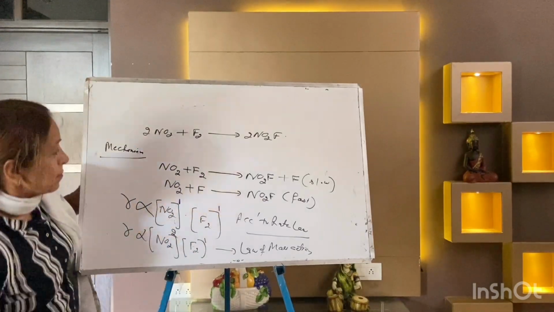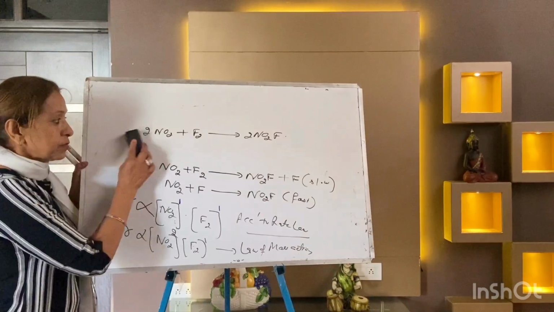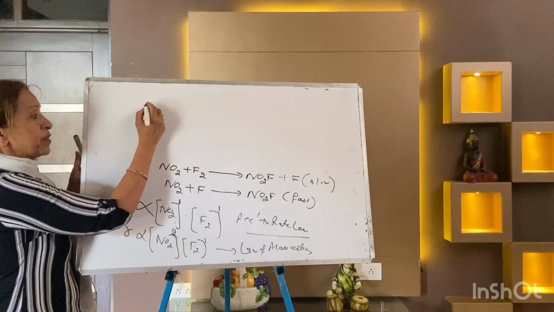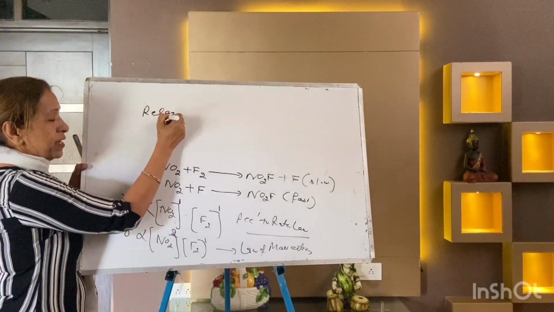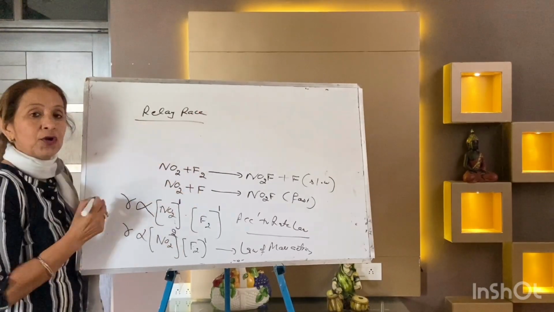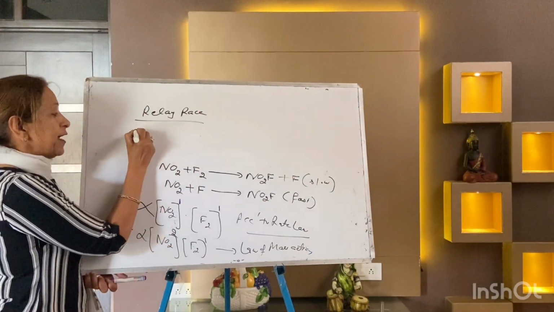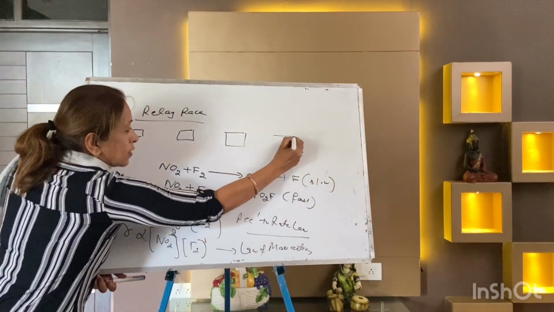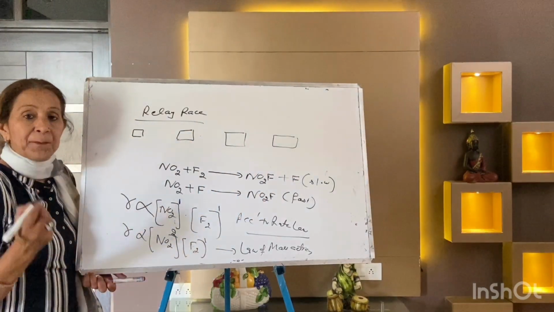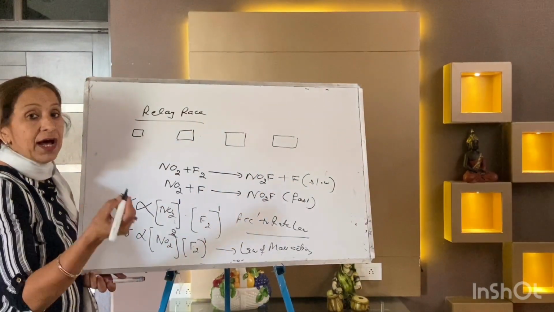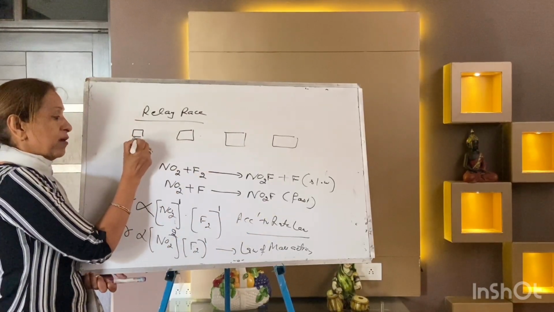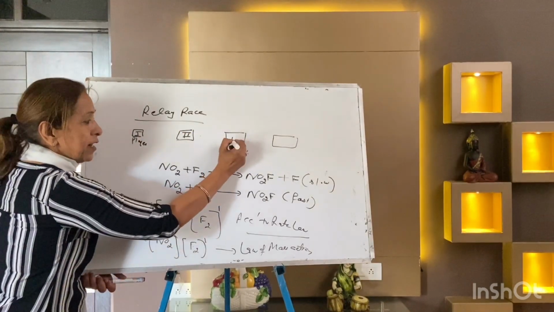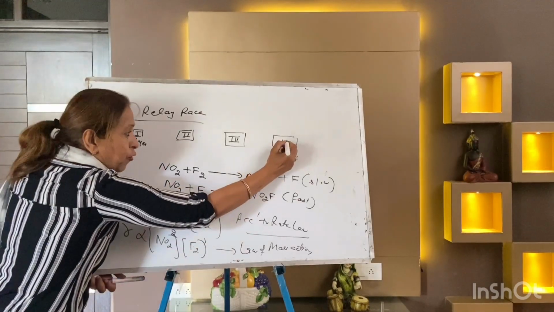Now I am taking one example. This is my mechanism. So write down one example along with me. I am taking the example of a relay race. You all know what is meant by a relay race. In a relay race, there are 4 players. Chances to win the competition depend upon what? Now you can see, this is your player 1, player 2, and this third player of the one team, and this is the 4th player. 4 students in one team.